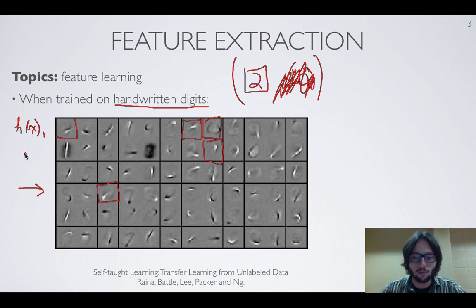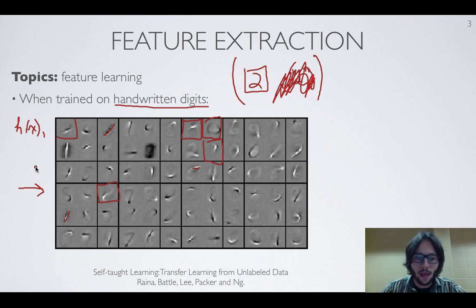Okay, so that's why this is a meaningful visualization of the representation. And now we see that each sparse code has actually learned what looks like essentially a bunch of pen strokes. So this would be a pen stroke like this. This would be a pen stroke like that. And this one would be like this. So essentially, a sparse-coding representation would be a big vector that identifies which are the different pen strokes that are present